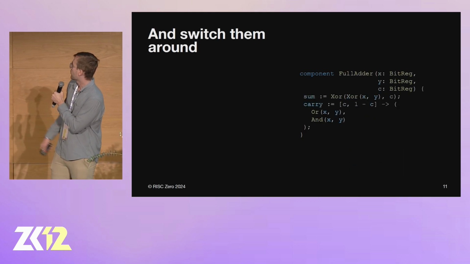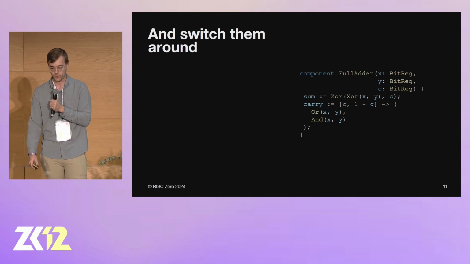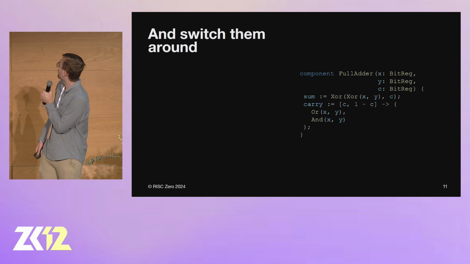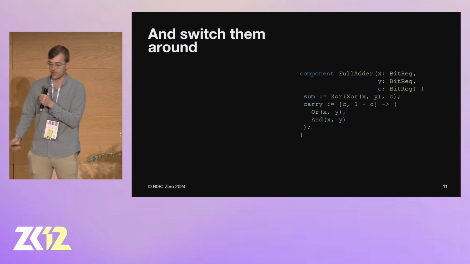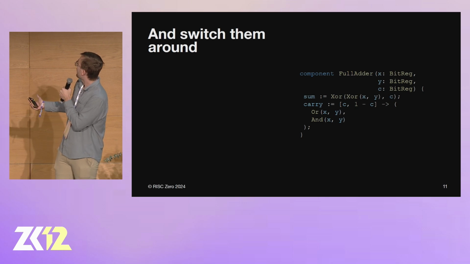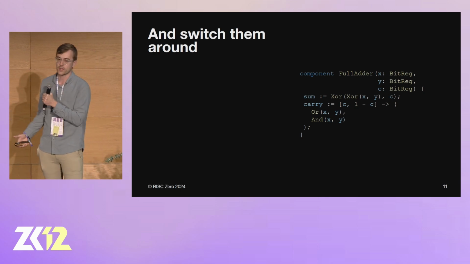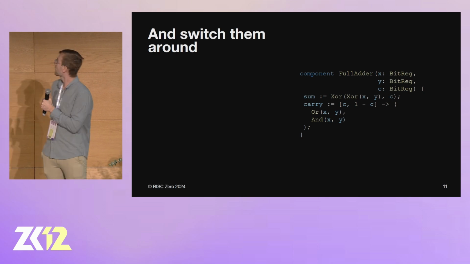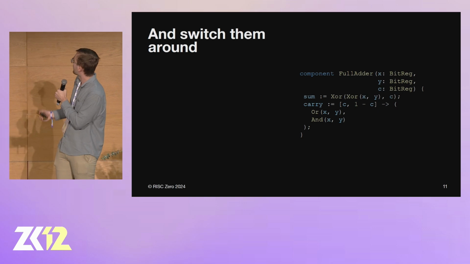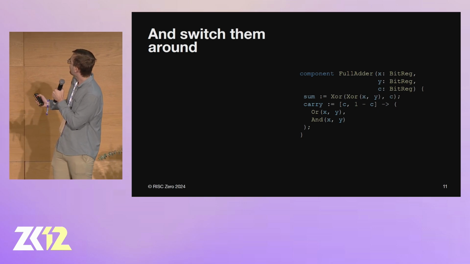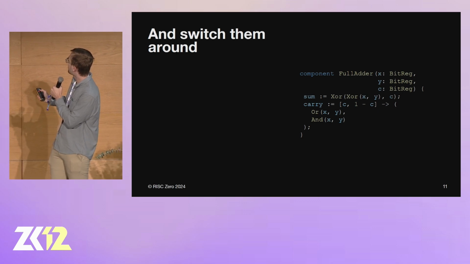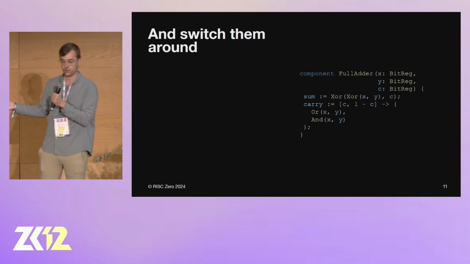The other major type of composition that we have in the Zirgen language is called a mux, or a switch, where we can multiplex over a set of selector values. With this component, full adder, we're implementing an add with carry component using the components that we just composed out of bitreg, in order to do a 1-bit adder with a carry in, c, and a carry out. The sum should be true if an odd number of x, y, and c are true, that is, our sum is 3 or 1,